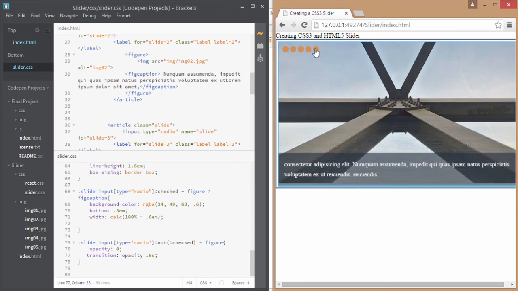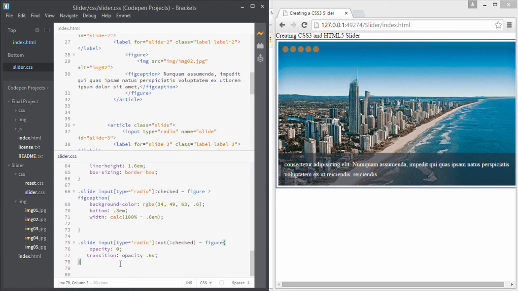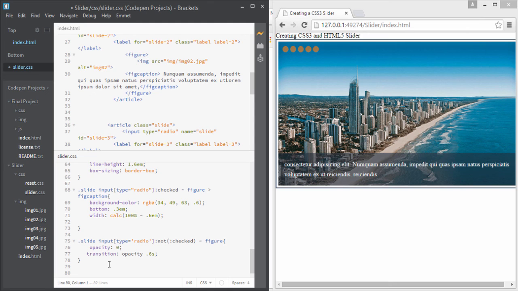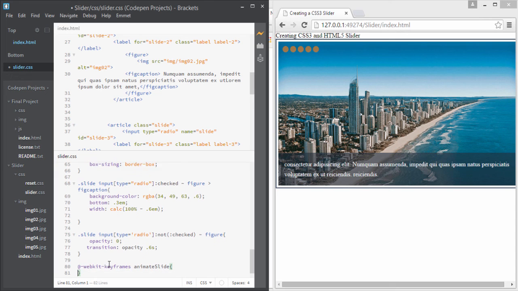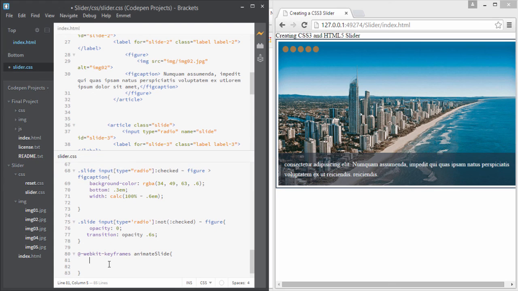Okay, now let's add some animation which will slide our images from right to left. So we are going to use keyframes. Okay, @-webkit-keyframes rule. So I'll write @-webkit-keyframes, and then the animation name. I am going to give it a name of animate-slide. Okay, and inside these curly braces I am going to set